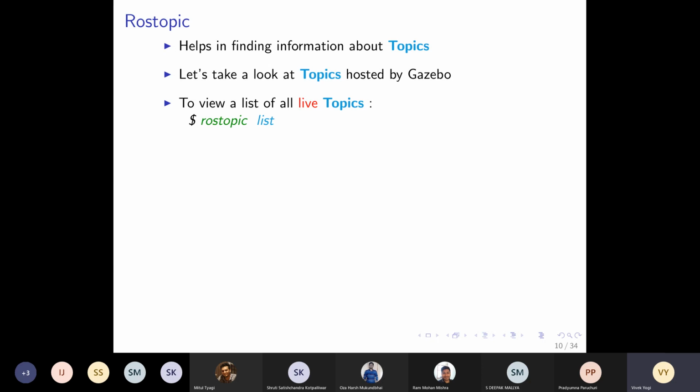So topics are our mechanism by which we are going to talk to the robot, or pass any information, or get any information. Let us say I have a topic called image processing. I have a camera on a lab door, and I want to identify which student is entering the lab right now.